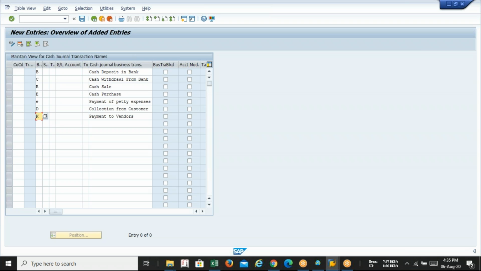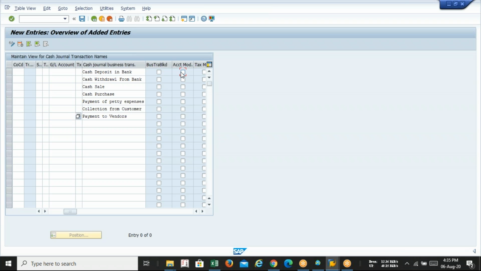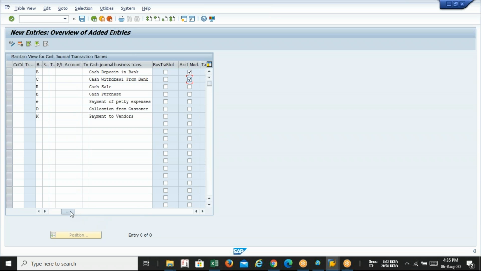After that, you can see there is a column called GL account. Do not fill any GL account over here. You just select account modification. If you click the option account modification, you will get the option of GL at the time of posting. Say for example, I have 3 bank accounts: Axis Bank, SBI and HDFC.